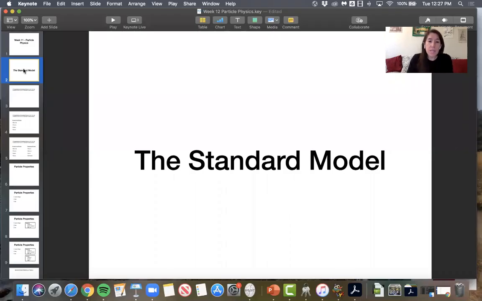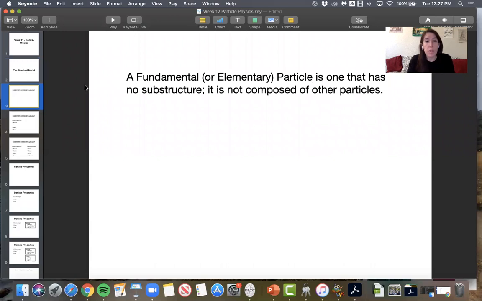In this video, I'm going to introduce you to what is known as the standard model of particle physics. Before I can do that, we first need to make sure that we're on the same page about what I mean when I say a fundamental particle. A fundamental or elementary particle is one that has no substructure, which is to say it's not composed of